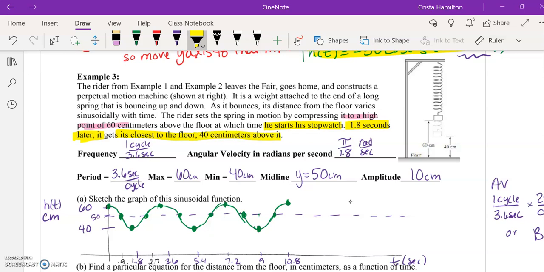And so the most common mistake that I see in students' work for this type of problem is that you guys have placed 1.8 seconds for the period. But you have to remember that a full cycle means that wherever you started from, you have to get back to that starting point. And so when you look at this, if he starts at a high and then 1.8 seconds later he's at a low, it takes another 1.8 seconds to get back to the high that he started in.